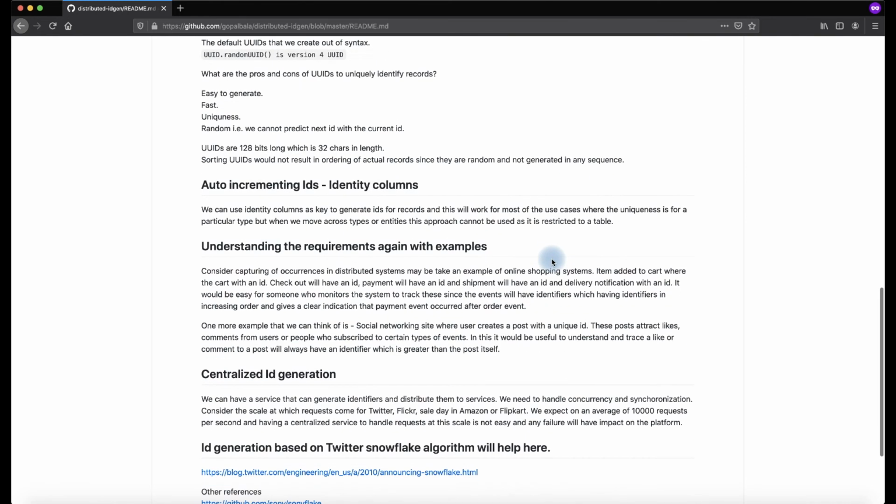The next thing is auto incrementing IDs in identity columns. It is a very good thing that we can do. Whenever we create a record, we outsource or take the benefit of auto incrementing IDs provided by any relational database system, saying please go and generate an ID for me and then persist this record.